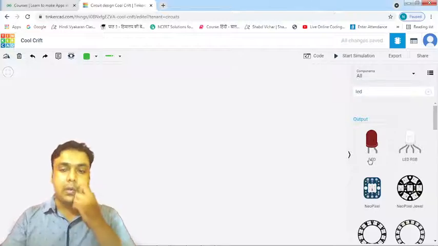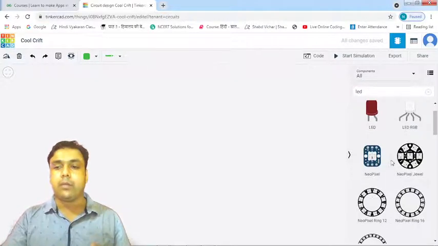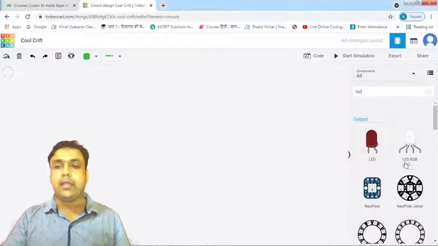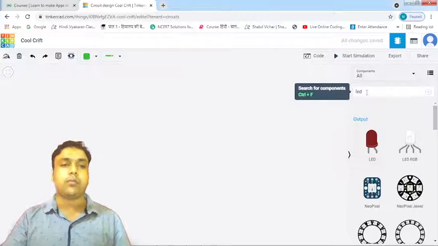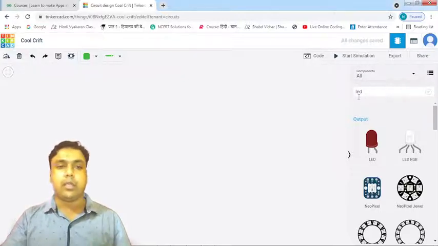So all the LEDs are now visible to me. See, LED RGB. That's the component name which I inputted over here in this input box. So that's how you can make use of this search box. Now if you want to see